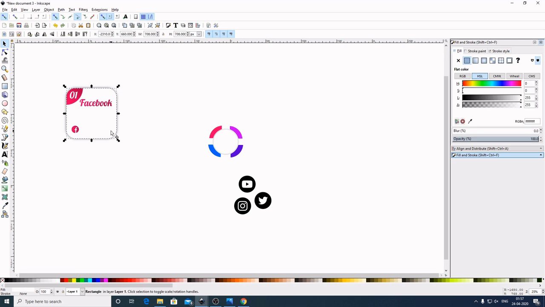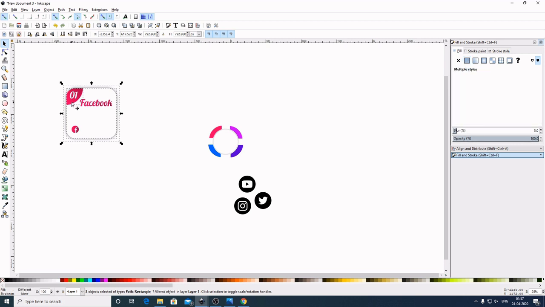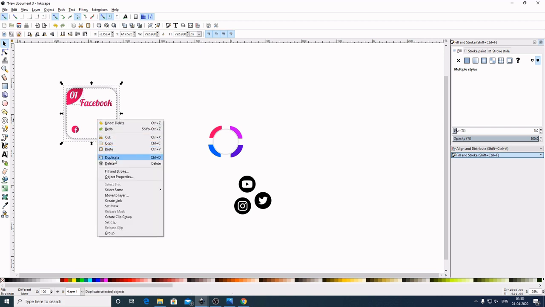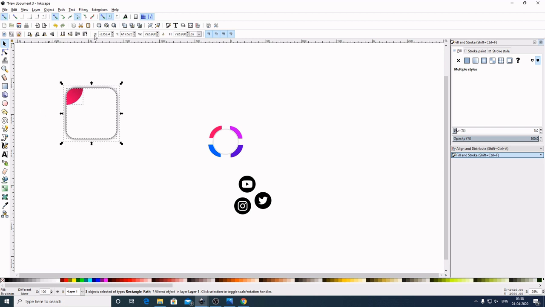Now first I will select this. Now by holding Alt on the keyboard I will click one more time. So we will select this lower graphic. Now by holding Shift on the keyboard I will select this upper graphic and select this part. Now right click, make a duplicate of this. Now come up here and select this one, flip selected object vertically. Now by holding Ctrl on the keyboard bring this downward.